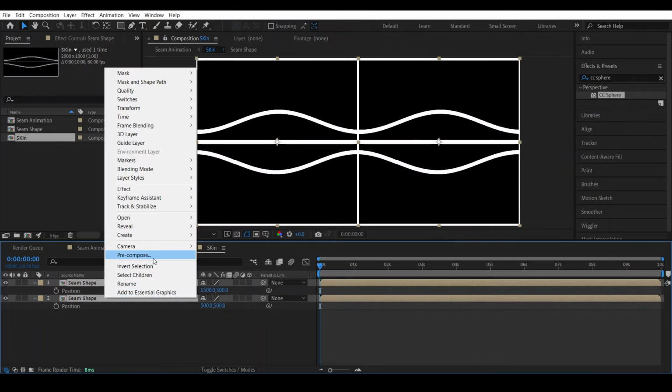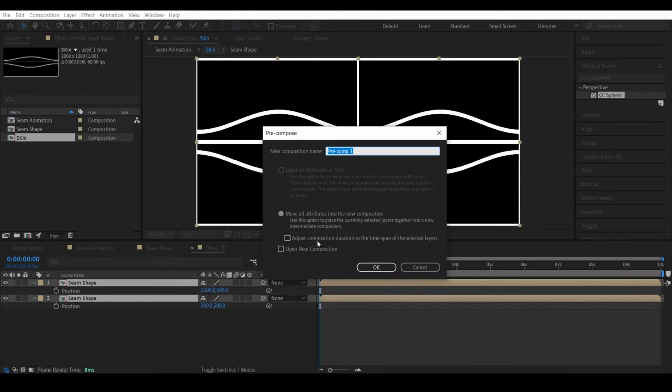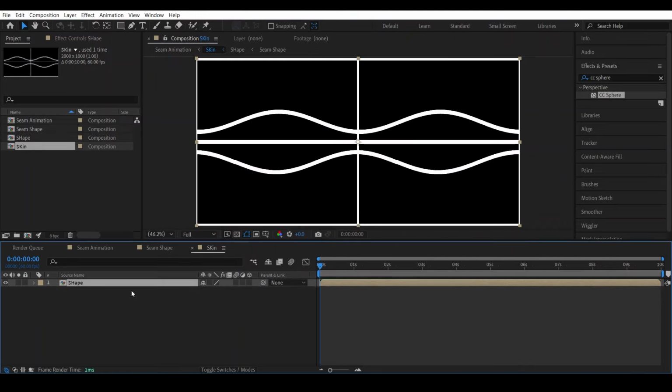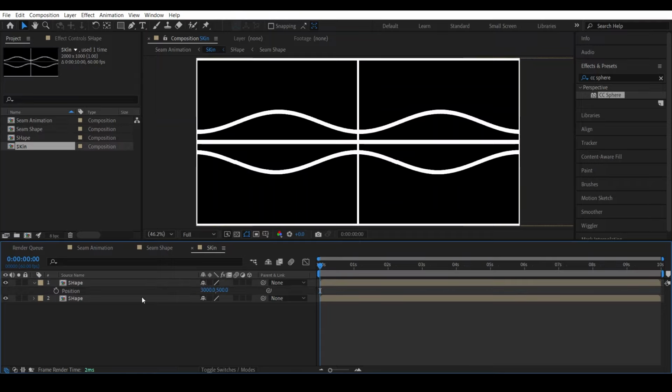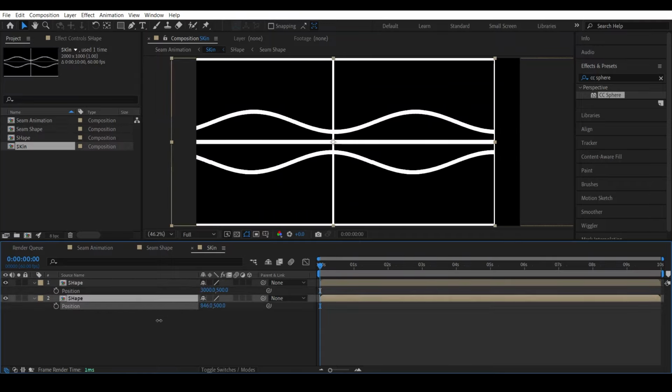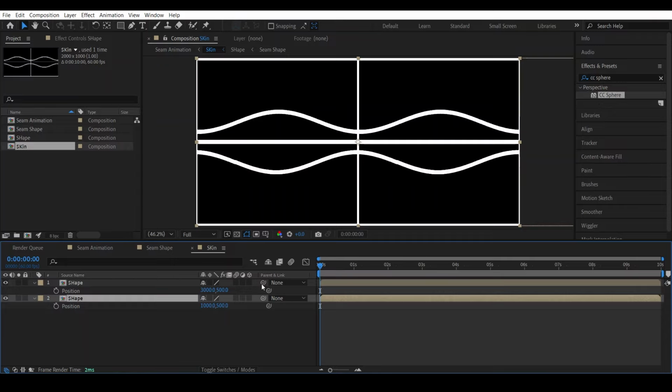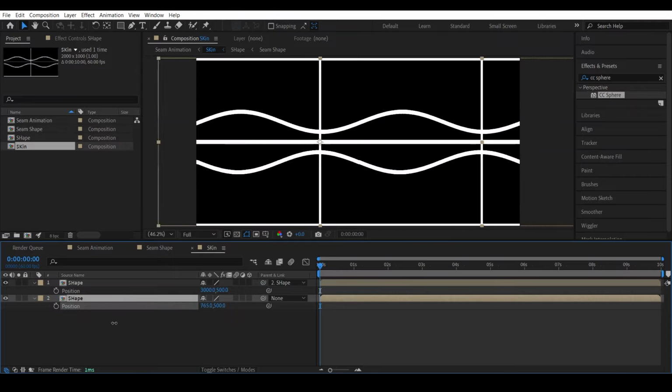can select them both, pre-compose, and we call it shape again, and we duplicate it again, go to position, and we place this one right next to the first one, which is the position 3000. And if we move the first layer, it moves alone, the other one stays at its position as it is. And if we connect it to the first one, then moving the first one will move the second one as